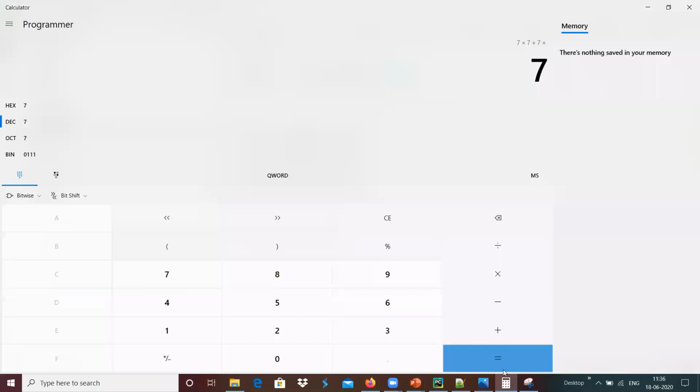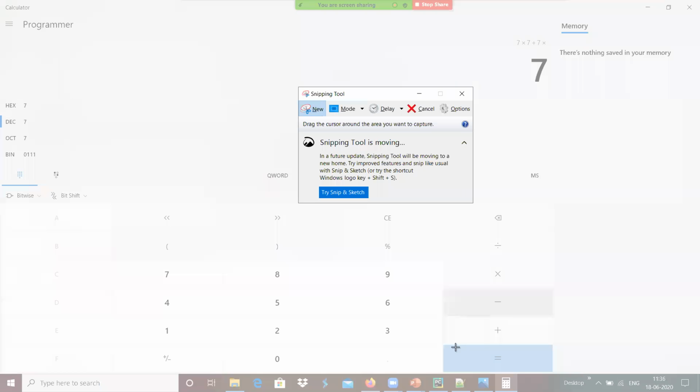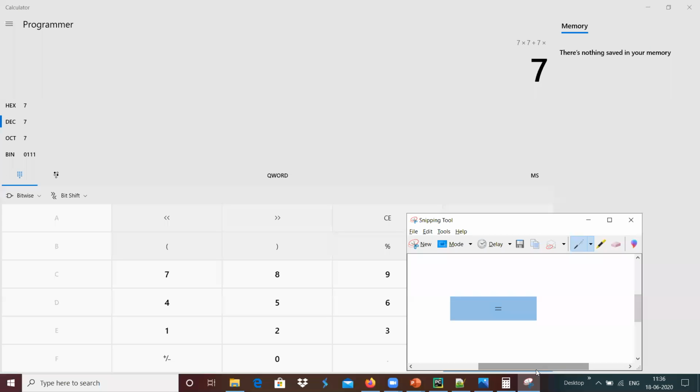Equals detecting the equal, I think the reason is that whenever we move the mouse to here, this becomes a little darker, and because of that it was not detected properly.